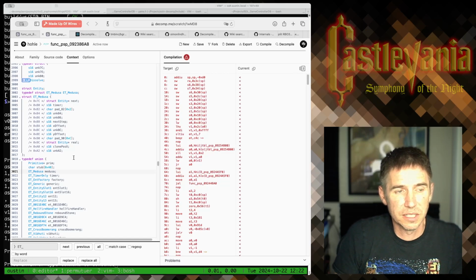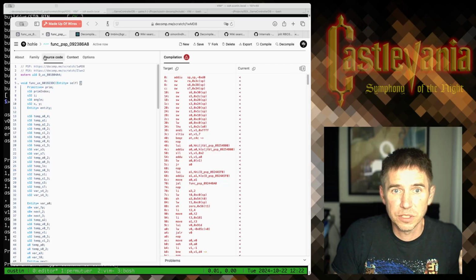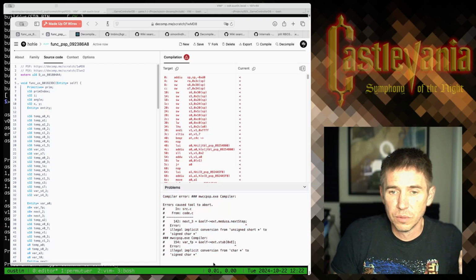We know that these last 60 bytes of the entity struct are used however that particular entity wants to use it. What I'm not sure of, though, is